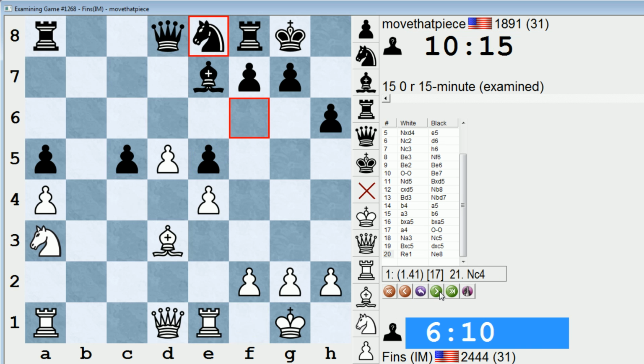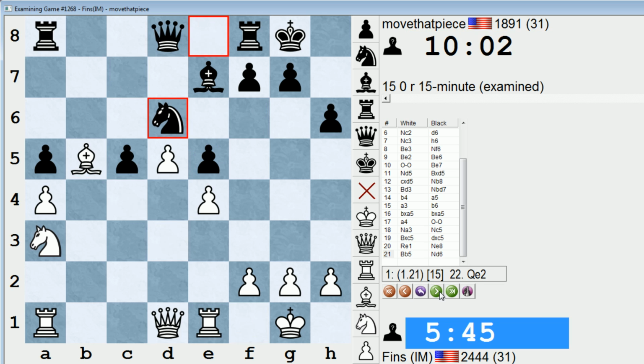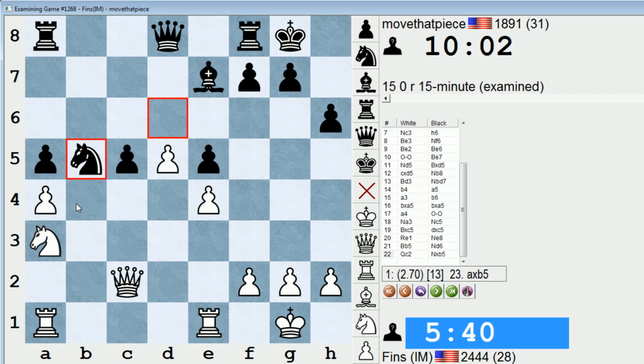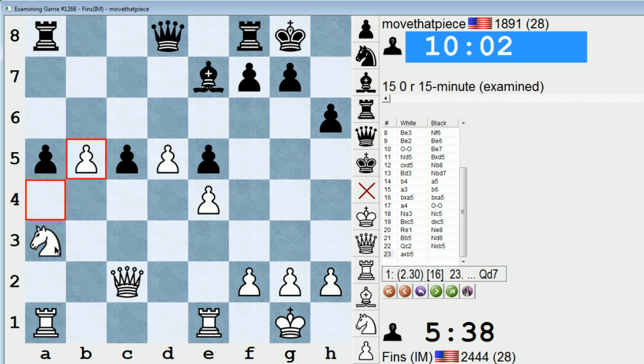So rook e1, knight e8. Now bishop b5, knight d6. I just played queen c2. So black never wants to take my bishop, because after that, I could take either way. Let's say take with a pawn and then plant my knight on c4, and my knight is going to